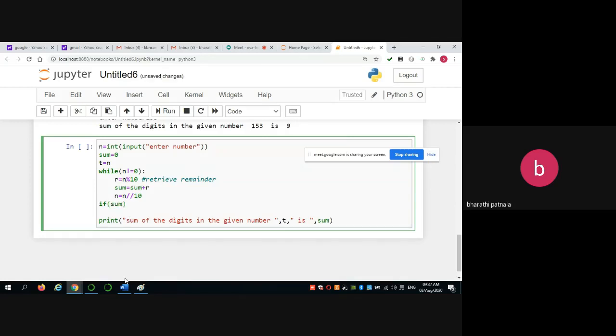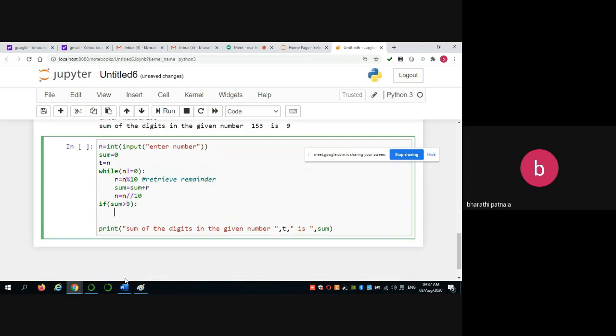So if sum value is greater than 9, what you have to do?